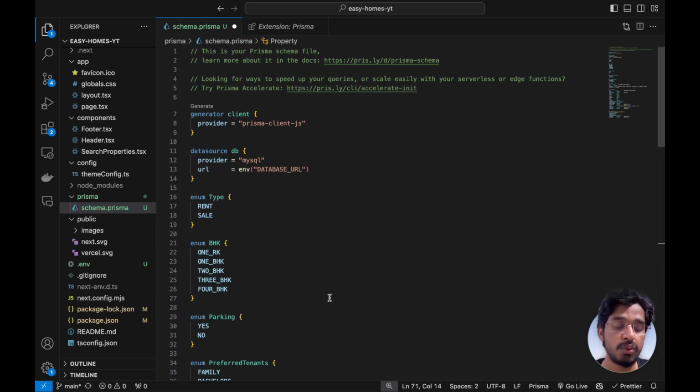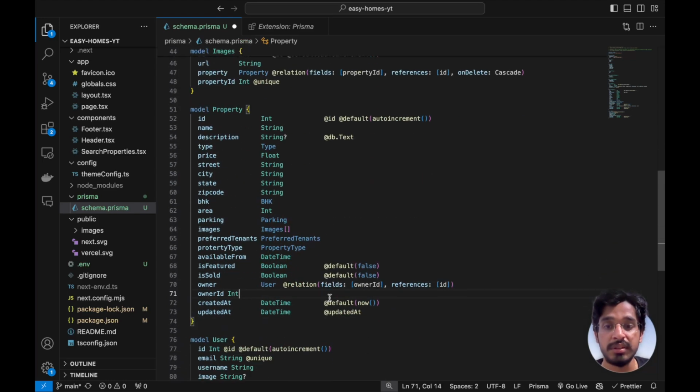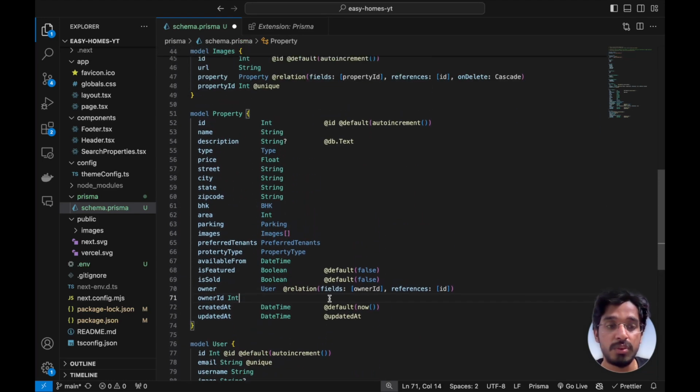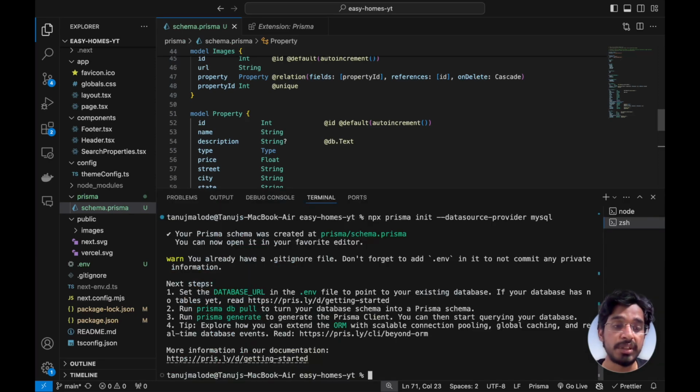The only thing is we need to migrate this Prisma file to a readable SQL format. Our SQL database cannot read this file, so we need to transpile this code into SQL commands. For that we have a command. We need to use the Prisma CLI to generate a migration file so that our SQL database can read our commands. We can type in the following command, that is npx prisma migrate